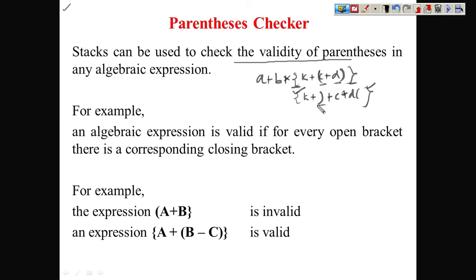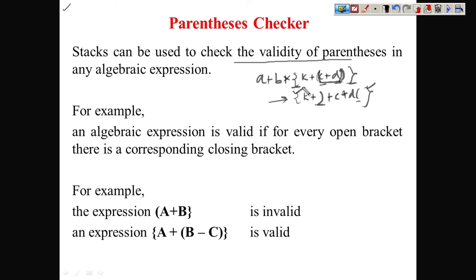Then you have one parenthesis there and one here. So you can see we have open and closing, but this expression is not valid because their ordering is not correct. To make any expression perfectly correct, we must have the opening and closing braces along with their order maintained. So if this is opened inside, then there must be a closing brace for this statement.